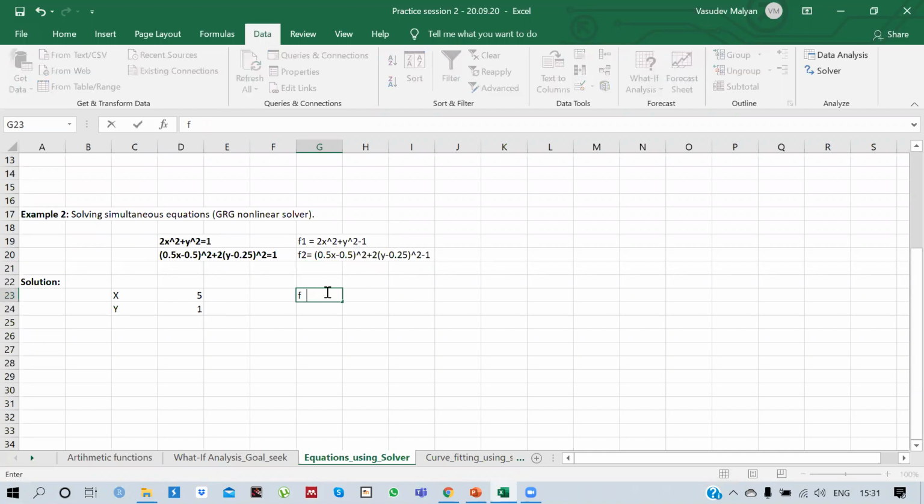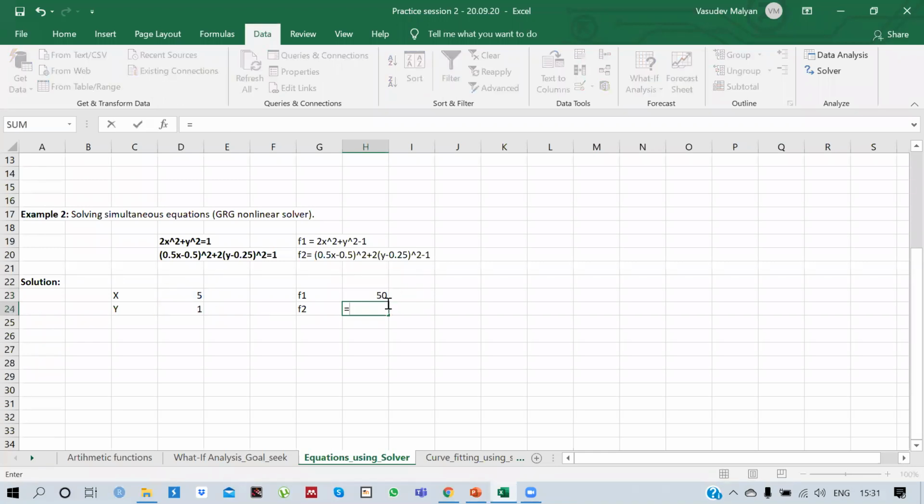So now I'll calculate function 1 and function 2 using these two roots. These are assumed roots. So you have to start with something, and you can take any random values. So let's say we calculate f1 equal to 2 multiplied by x square plus y square minus 1.